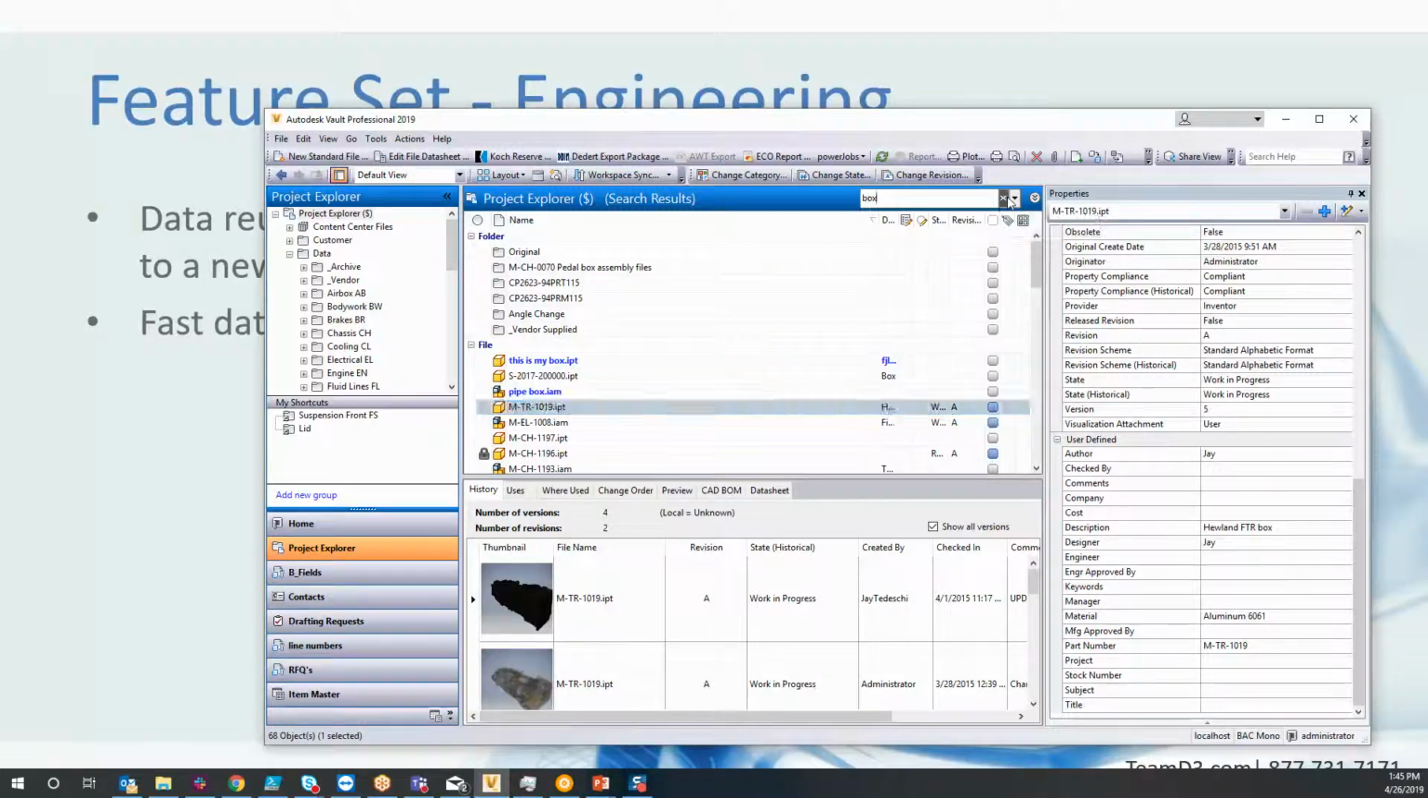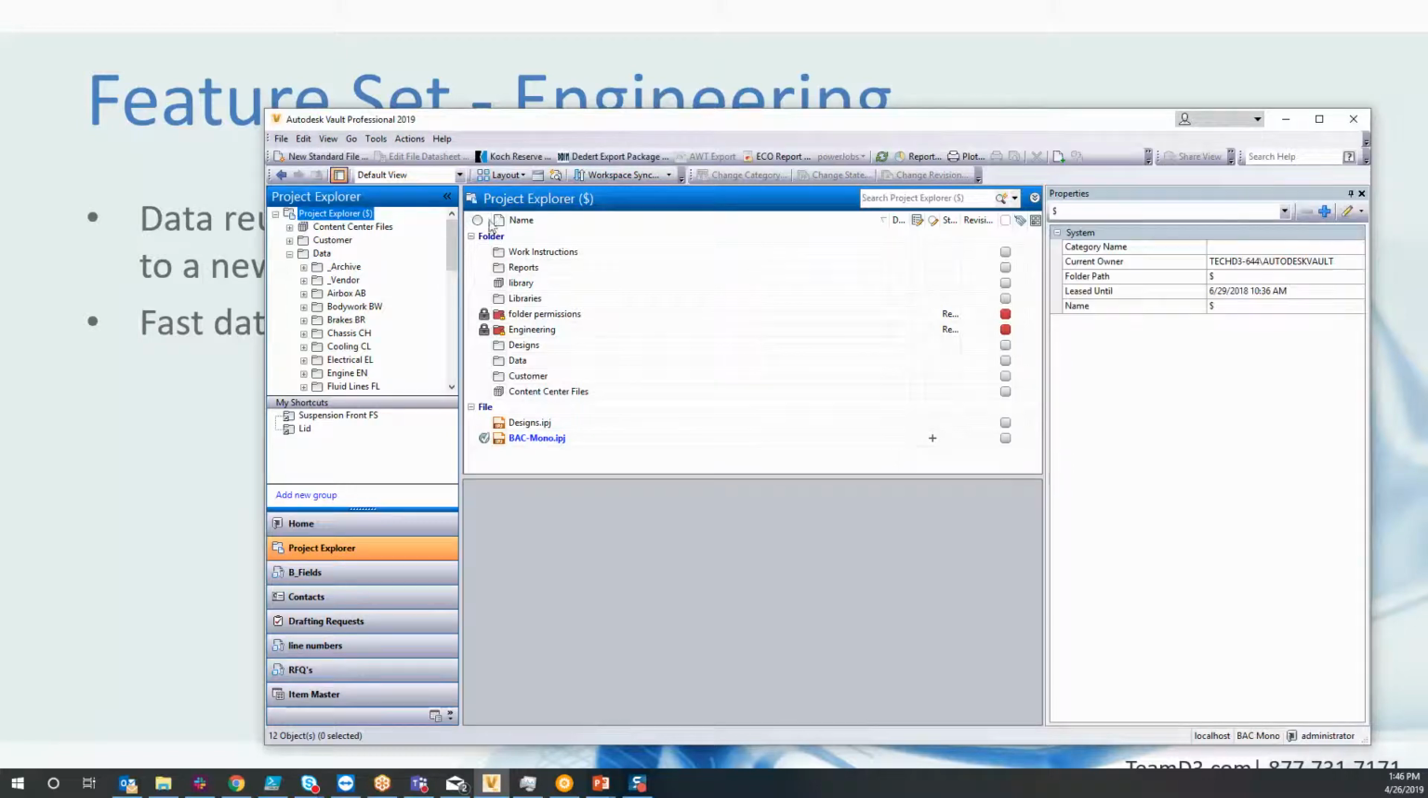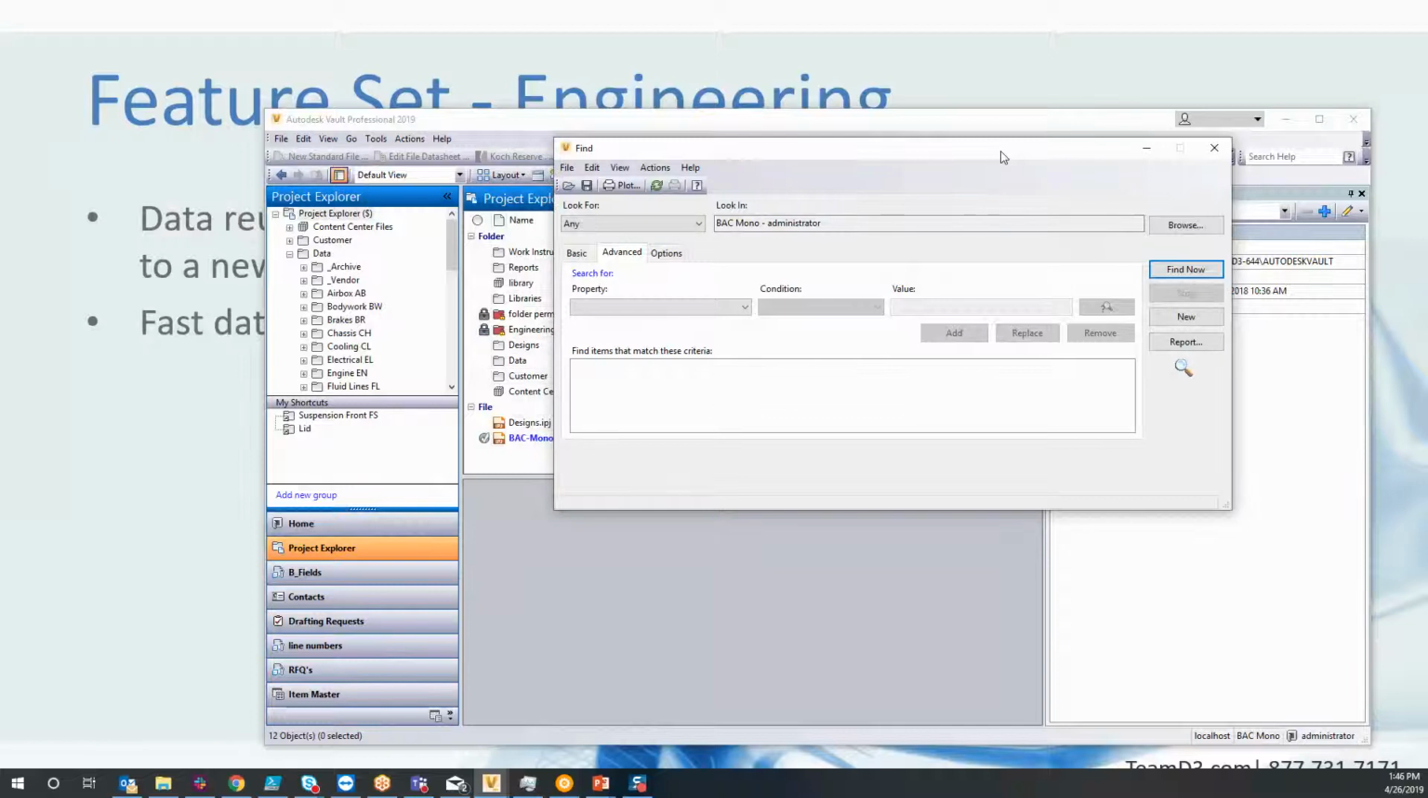You can also do things like search content files if that's turned on. You can search actually the files in the words inside of a file, but that has to be turned on. It's by default turned off. The other searching capability is to do what we refer to as an advanced find. So that is right here, little binoculars, and it pulls up a dialog box,